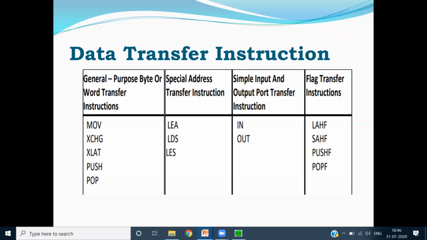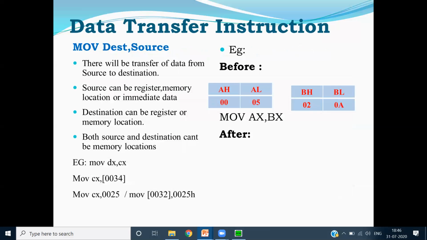If I want to transfer some data to a flag or from a flag to any register, then I'll use these four types of instructions: LAHF, load AH with the flag register, SAHF, store the AH register contents to the flag, then PUSHF and POPF. Here F stands for flag. Next, the first instruction we will see is move.